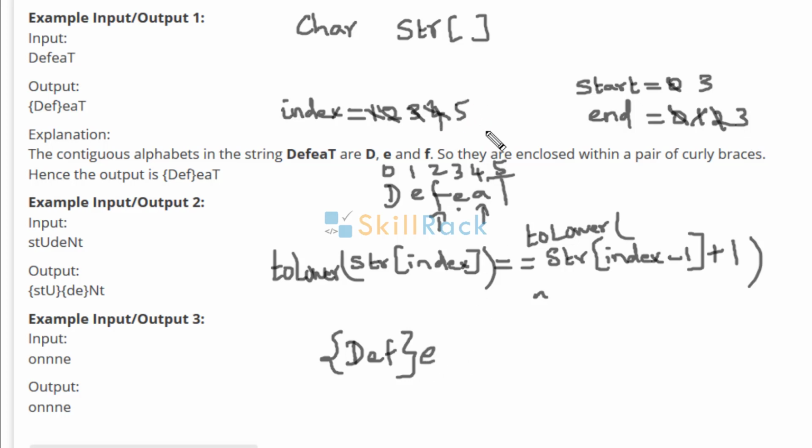Next you go to index 5. At 5 T is there. Check whether T is equal to A plus 1. No. Sorry, I missed one point. Before going to index 5, we must have updated start and end to 4. So now we come to 5 and it is T. Is T equal to A plus 1? No. Then print the range. Here the length is only 1 at index 4, so just print it as such. At 4 A is there, so A we are printing. Then start and end are made 5.